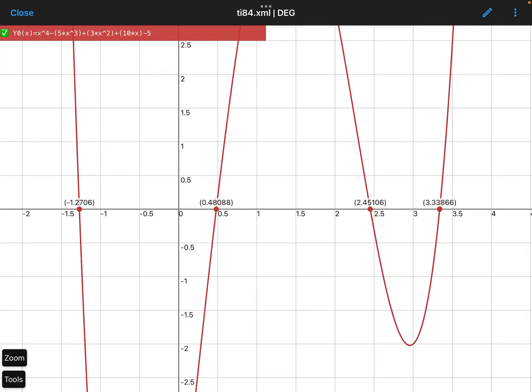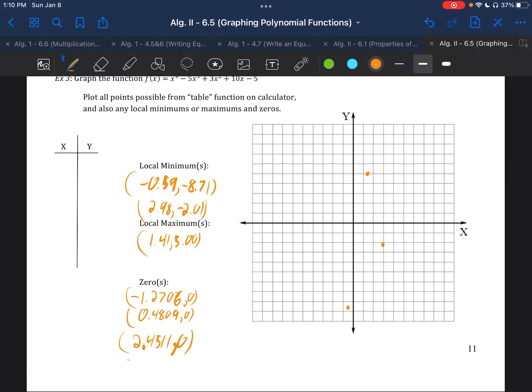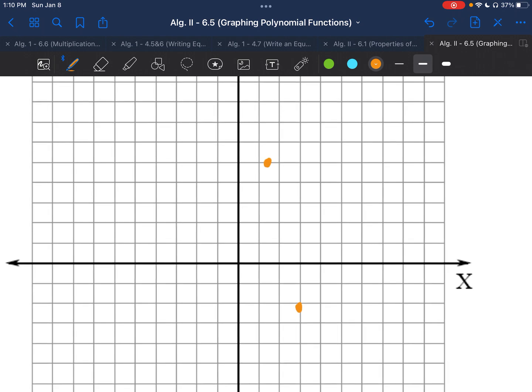And last but not least, 3.33866. I'm going to round there. I guess I rounded that one earlier than the others. There you go. And as we go to graph these four, you end up getting about here, here,